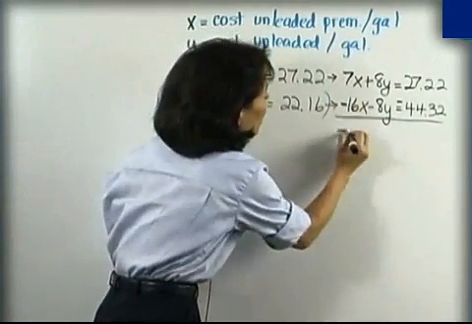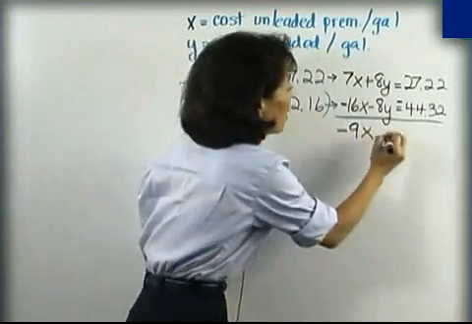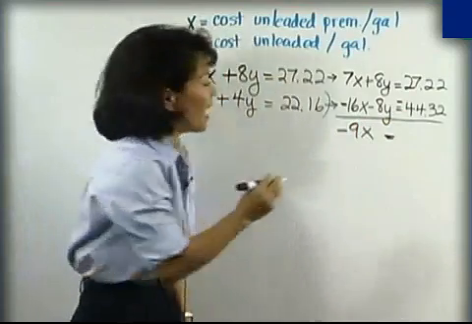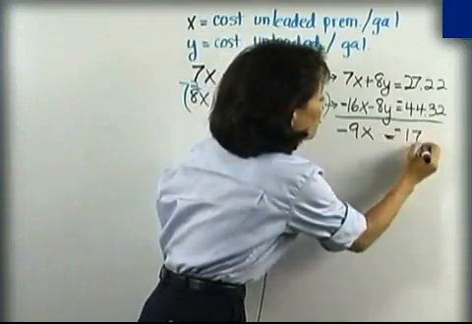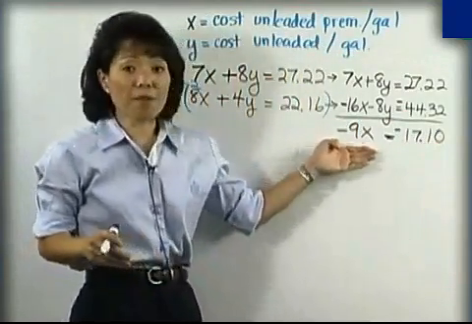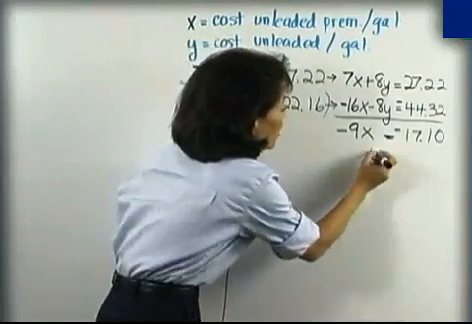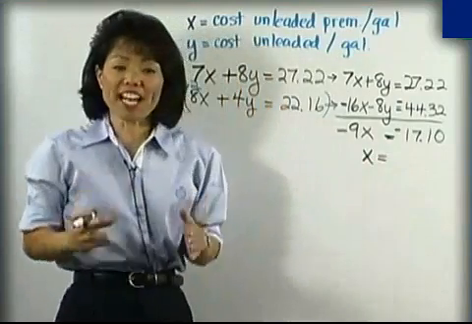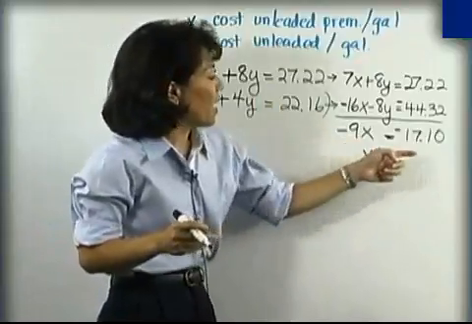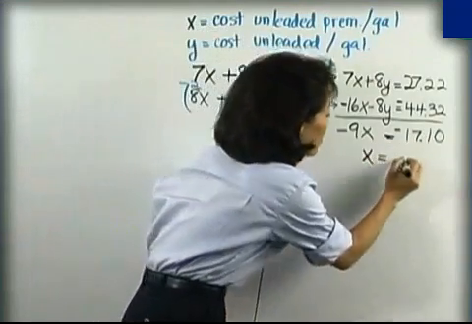Now that I've done that, I'm going to add the two equations together. When I do, here I get a negative 9x because I have 7x minus 16x, equals, and notice since this number $44.32 is negative, that's going to be a negative sum of $17.10. Now, the last step, divide both sides by 9, or excuse me, in this case, negative 9. That's going to be x equals, and because I'm dividing by a negative number, negative divided by negative is positive. Negative $17.10 divided by negative 9 gives me a positive